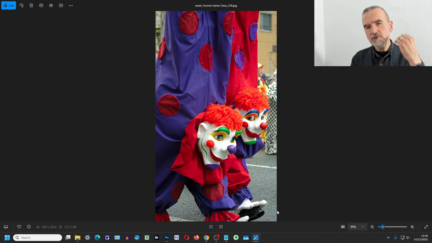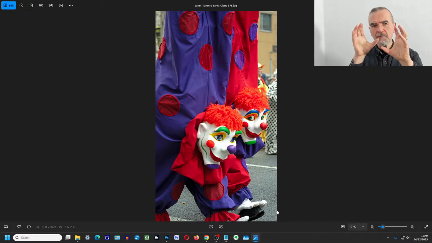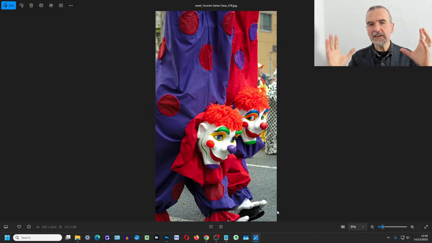Back to this problem that I've talked about on various occasions, which is by and large, we mostly tend to fudge it. We either need to be further back and get a wider shot, or we need to be closer in to get a more detailed shot. And what we tend to do is we tend to do somewhere in between, which is not satisfactory for either.